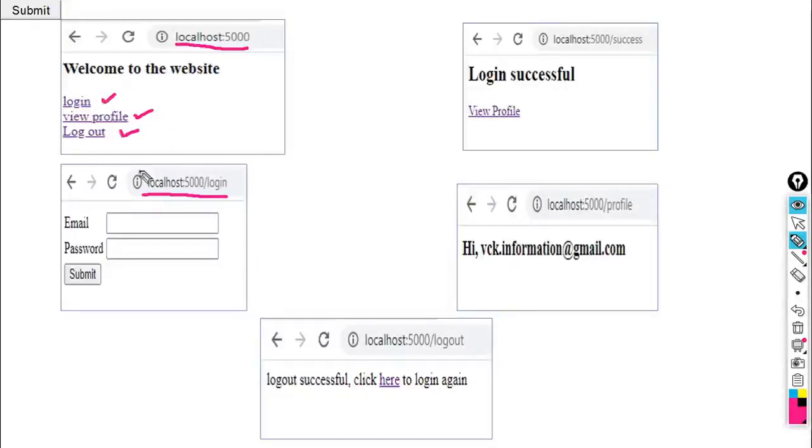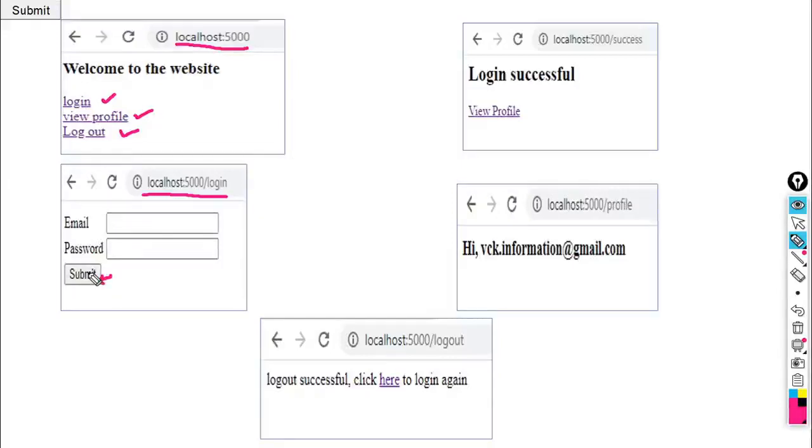This link will provide you the next URL. With the help of this URL, it will ask for email ID and then for password. When you enter the email ID and password, click on the submit button.